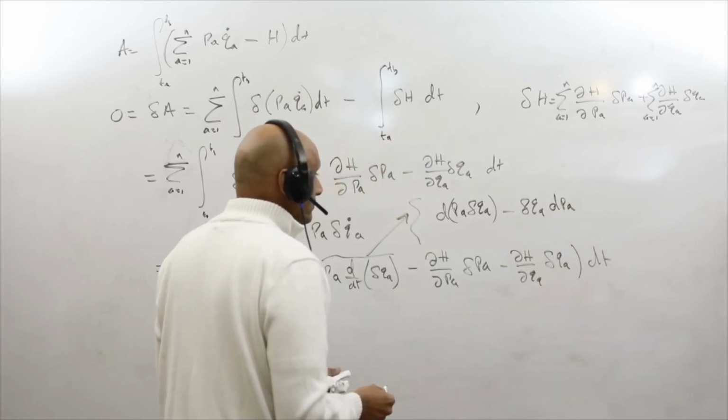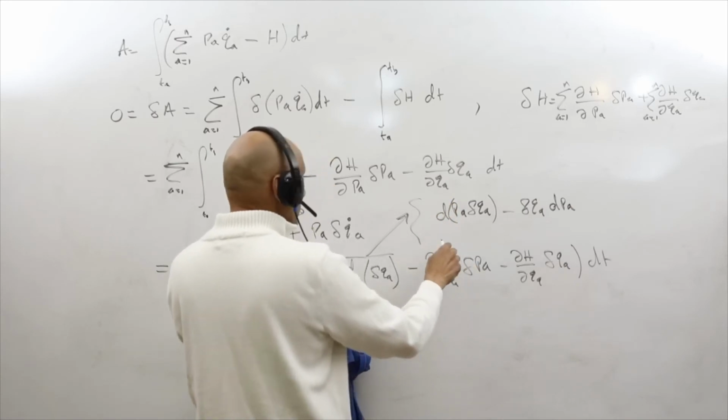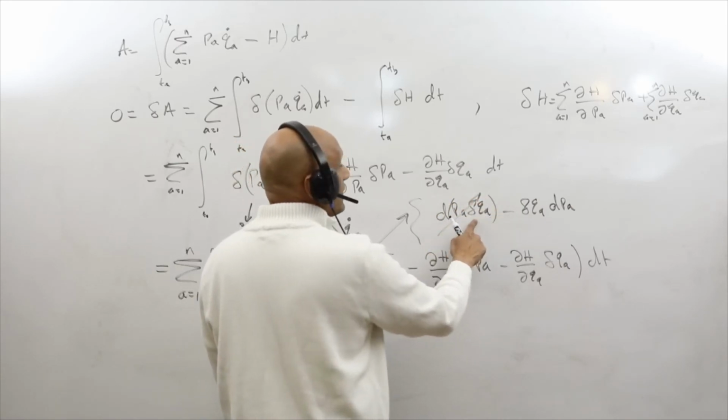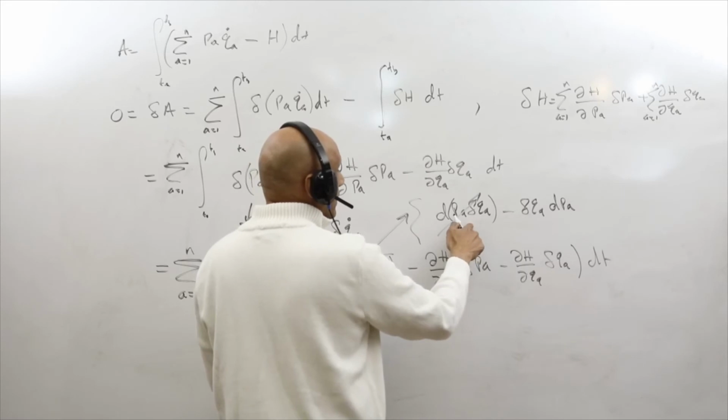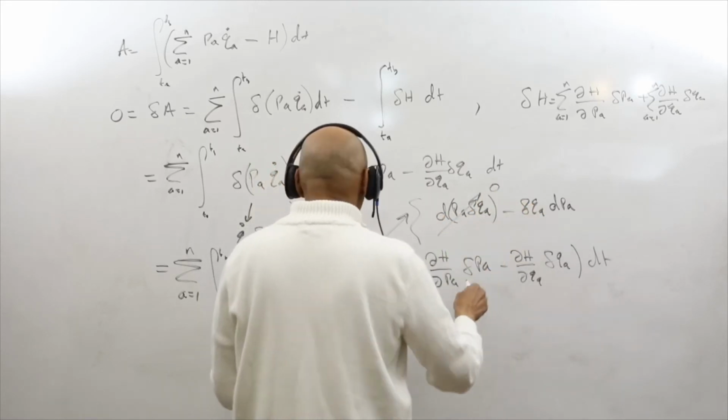So when you integrate this, you'll notice that this term, because the variation at the endpoints is 0, you're integrating 1. And so this becomes 0. And so you're left with the